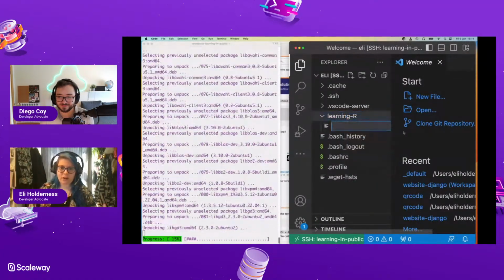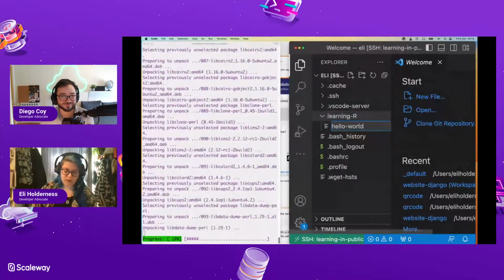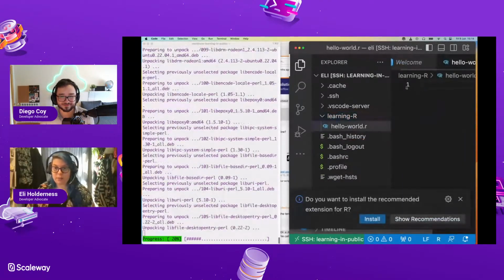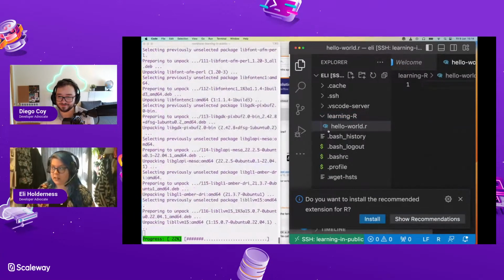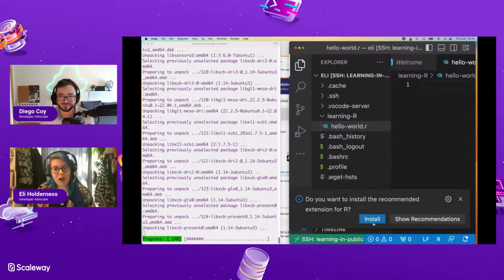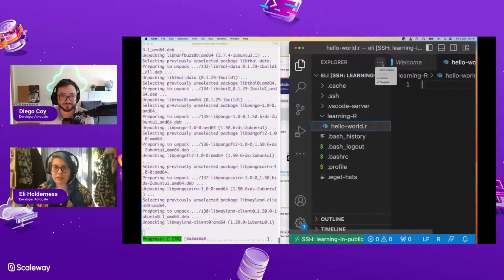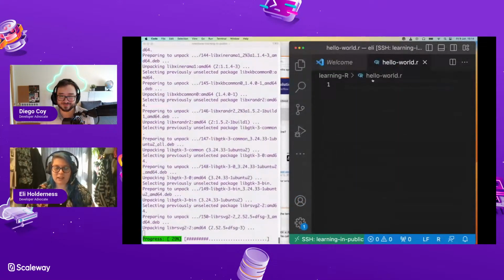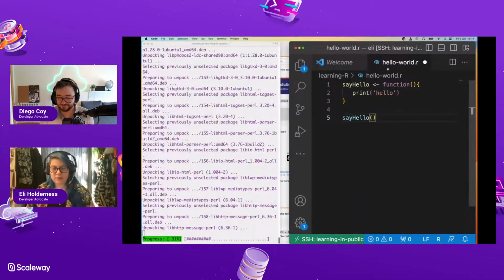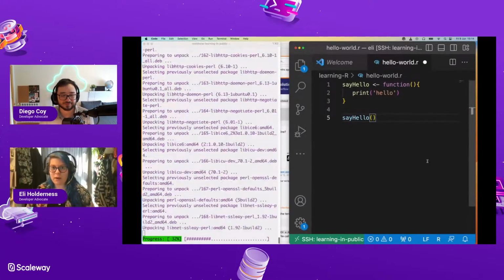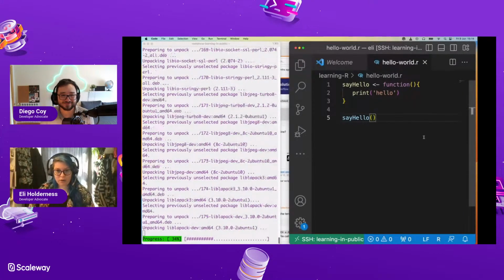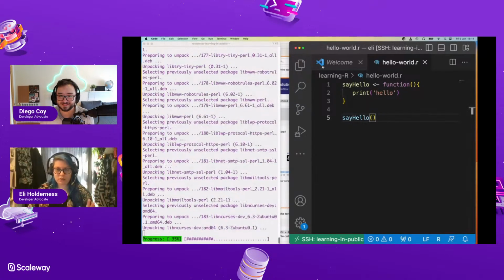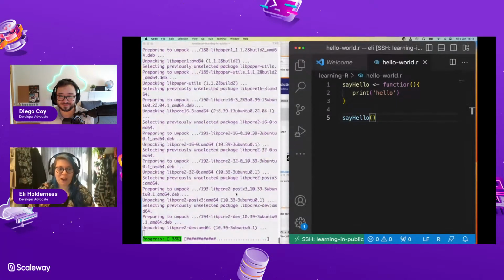So hello world.r looks like was the extension. It's giving me a little icon there. I'm not going to bother doing the extensions for R.